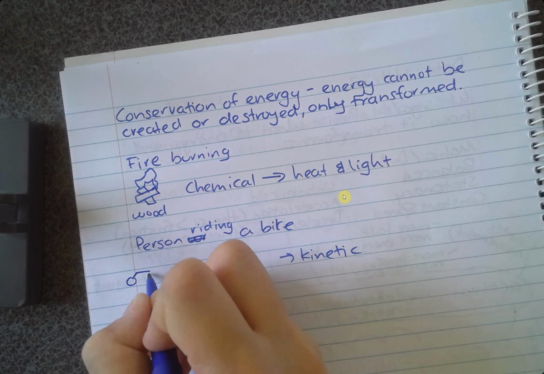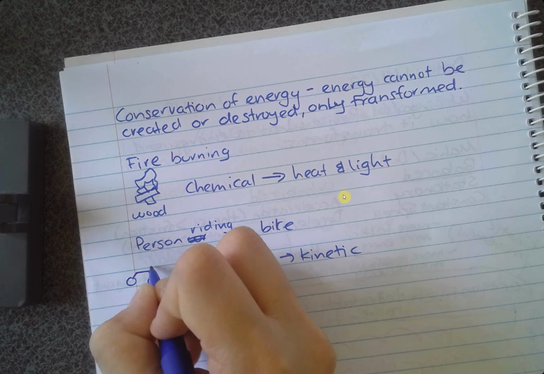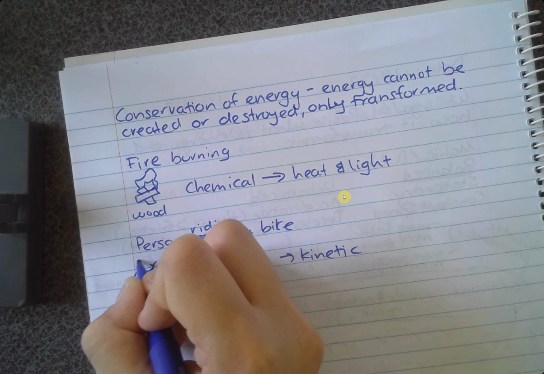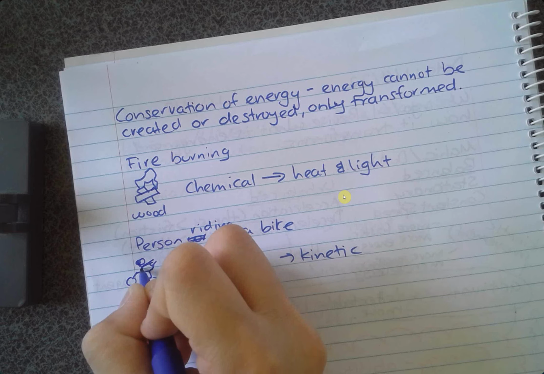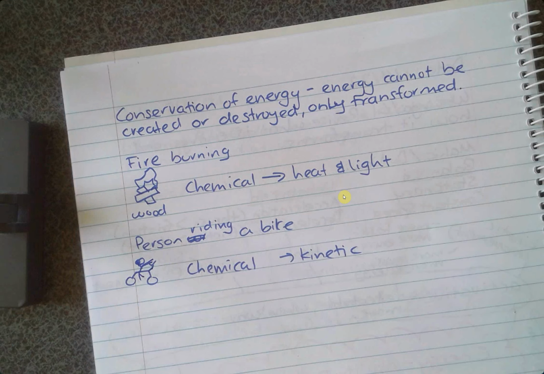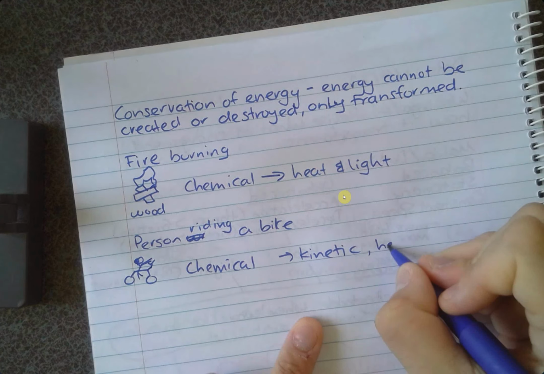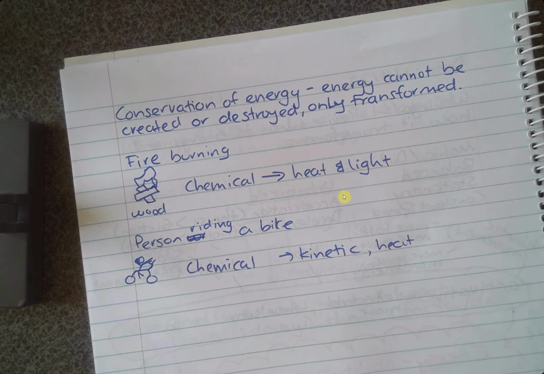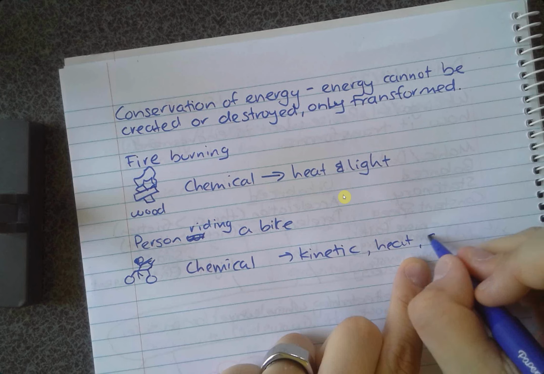So we have a little person on a bike. I'm sorry, I'm not a very good artist. Here's a little person riding a bike. What other things do you think they're using that chemical energy for? Are we warm? We're warm-blooded, so we're also using that energy to make heat. What else are we doing? I'm making some noise right now, so what energy am I converting my chemical into? Sound. Somebody riding the bike is probably making some sounds too.